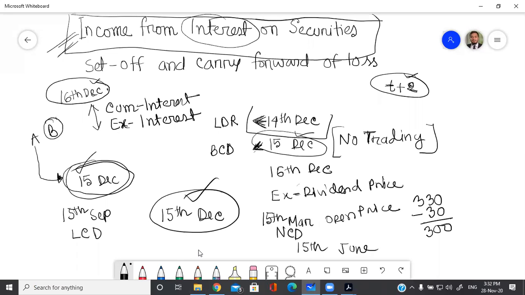Now you have got the structure of who is entitled to receive the interest income and who is not. To get the interest on a particular due date, before which date you need to buy that security. The thing is like that. Before telling you how interest tax can be avoided by the interest earner,